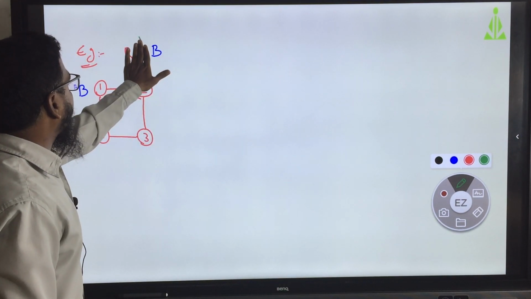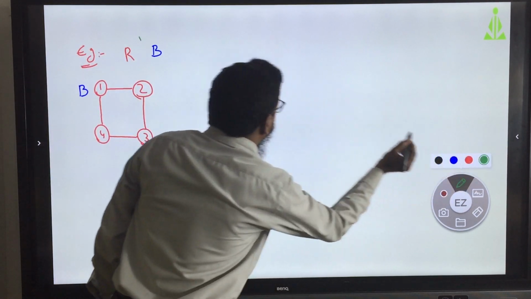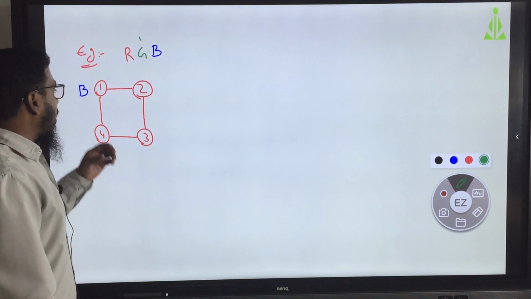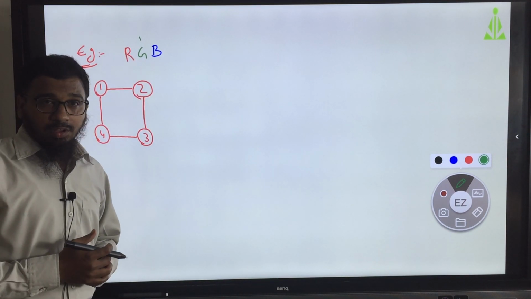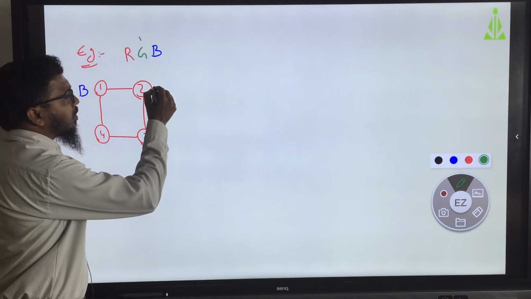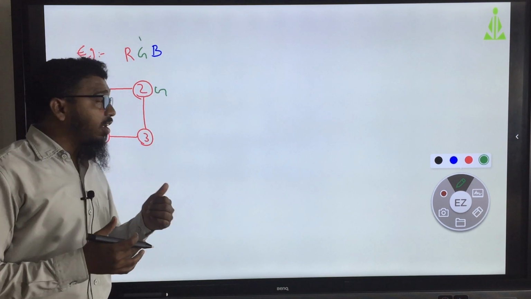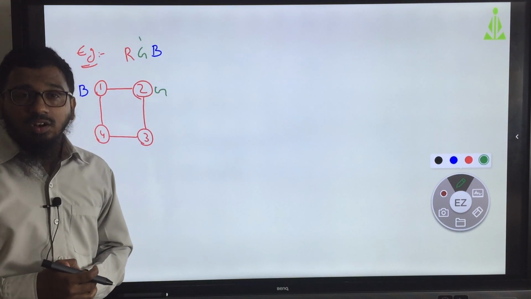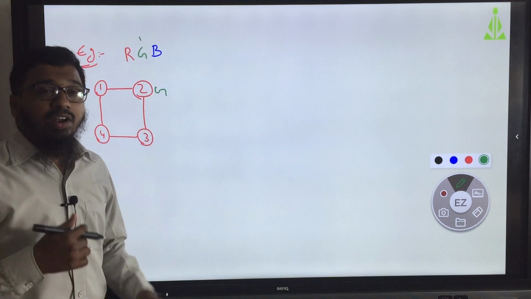The first vertex I gave the color B. The next one I am giving the color green. When I give the color green to it, blue and green are different colors. So, I can give the green color as well as the red color.